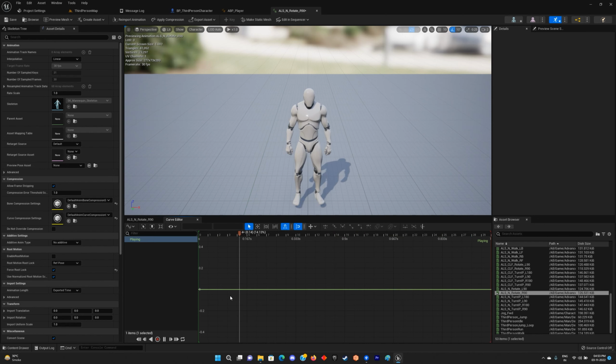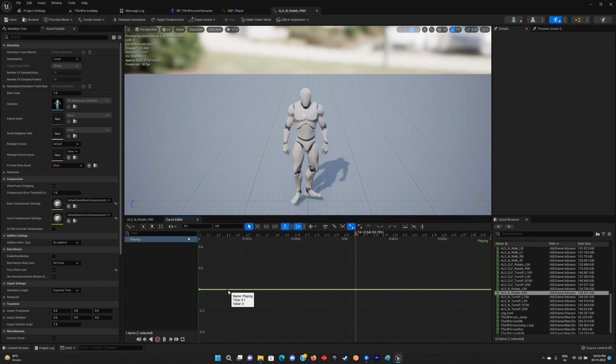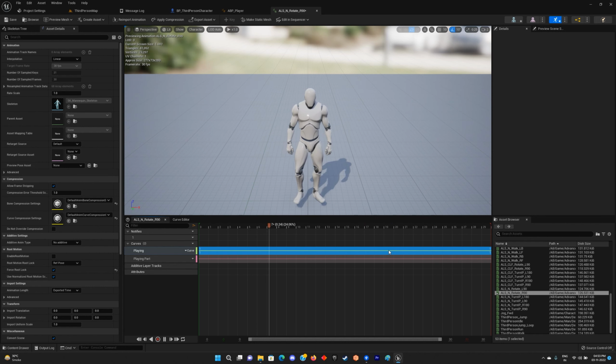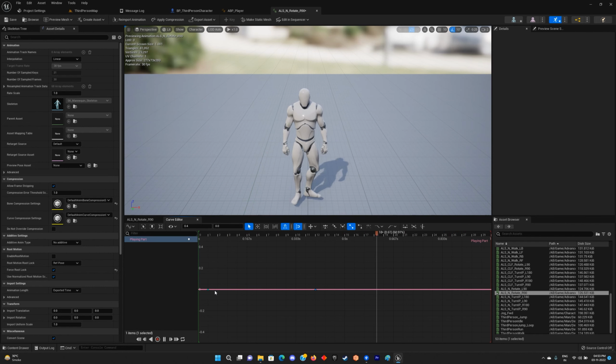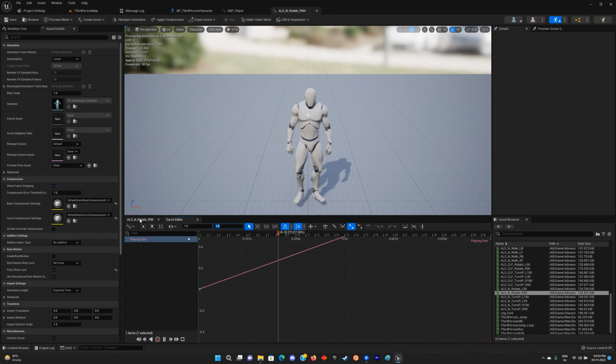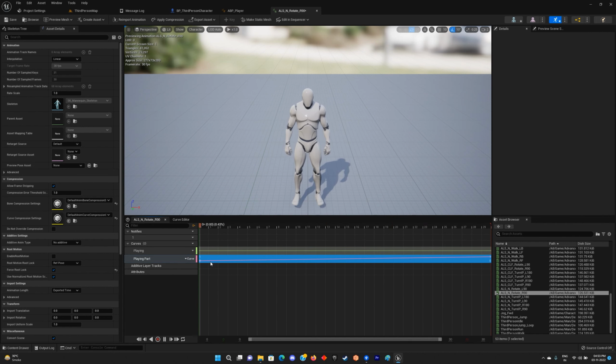Okay, so for the first curve, I'll create one key over here using the middle mouse button while having my mouse over the curve line. Okay, and this one will be 1 and 1. So it is uniform at 1 and 1 all the way. And the second part, playing part, I'll actually have two of these on the curve itself. The first one will be 0 0, and the second will be at 1 1. Okay, and now let's go back and you'll see it's going from 0 all the way to 1